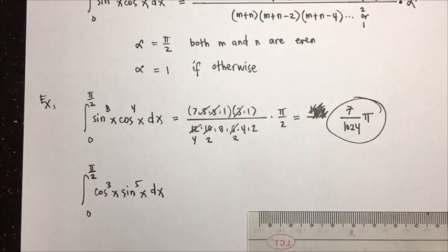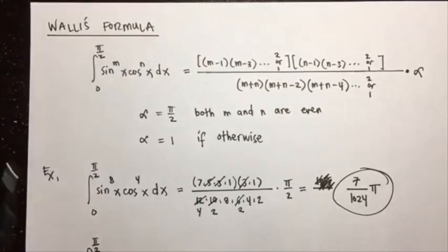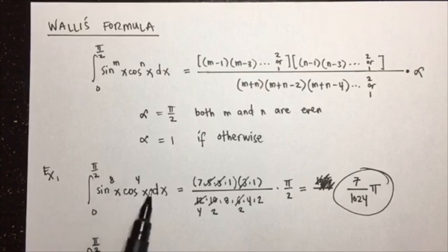So notice if we don't use the Wallis formula, this process will take very long. This is case 4 under trigonometric transformation, because both m and n are even. So this will be a very, very long